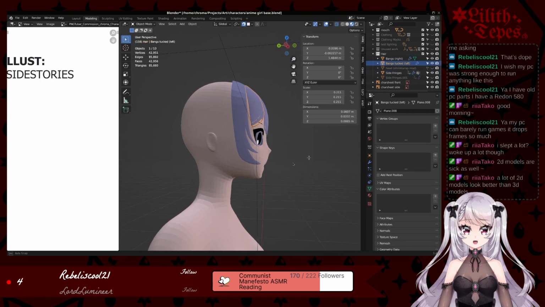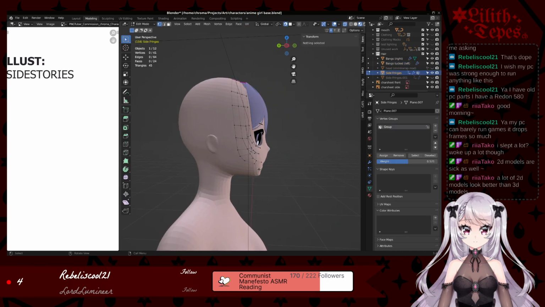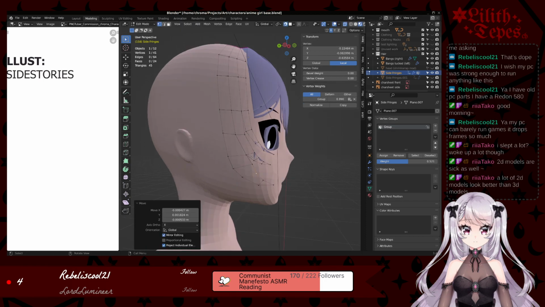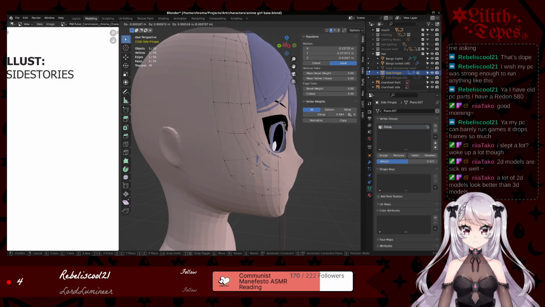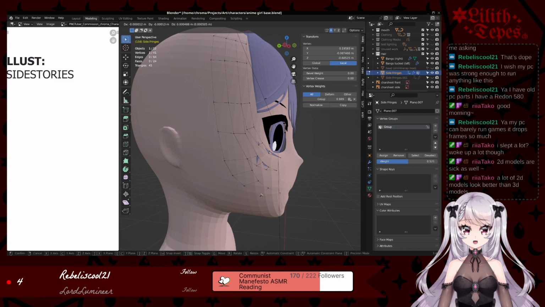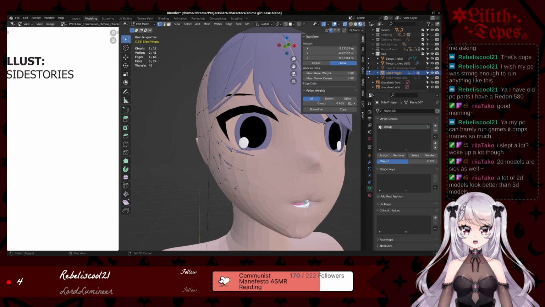So I might actually... This is looking good. I don't know. I want this down a bit more. It looks good in the reference, but something about it looks kind of weird once I've shrink wrapped it onto her face. And I might actually go and add a little bit of